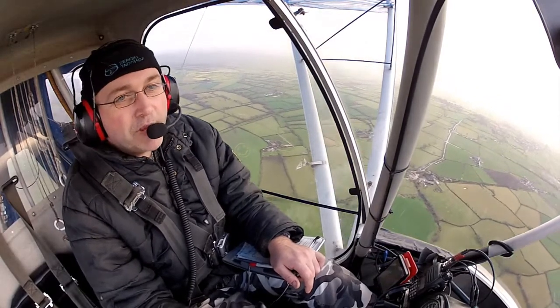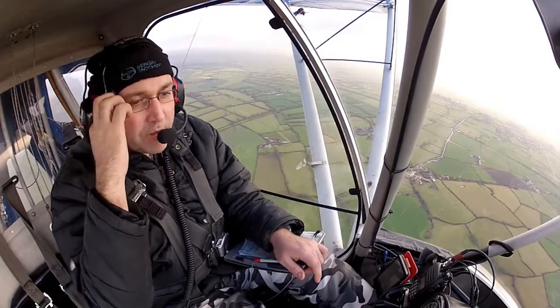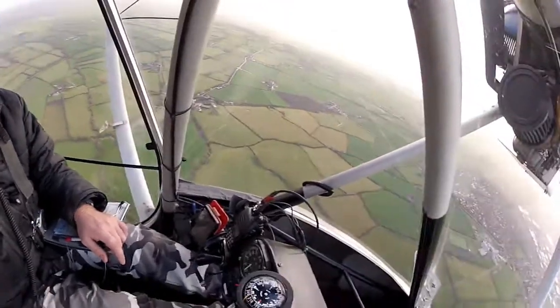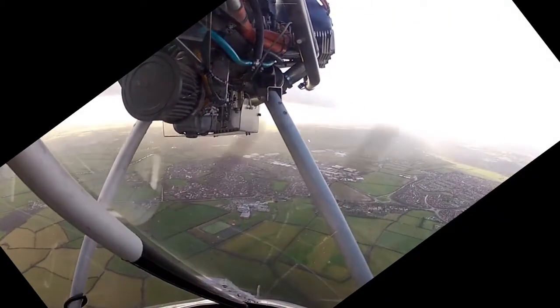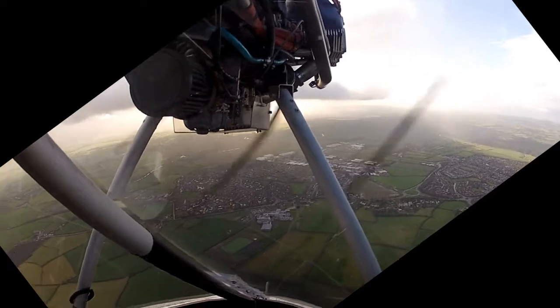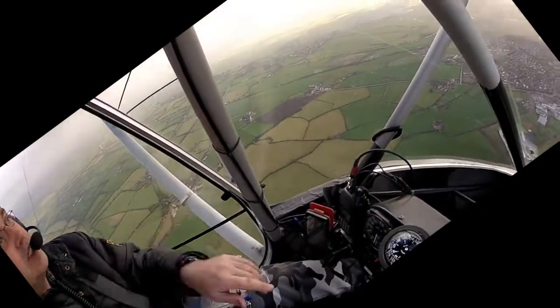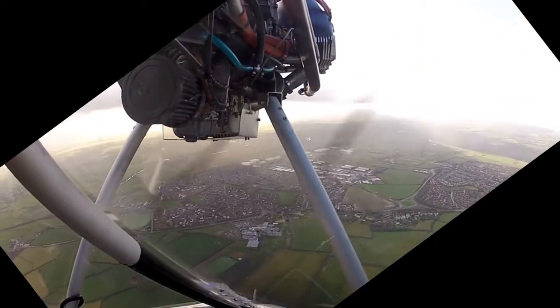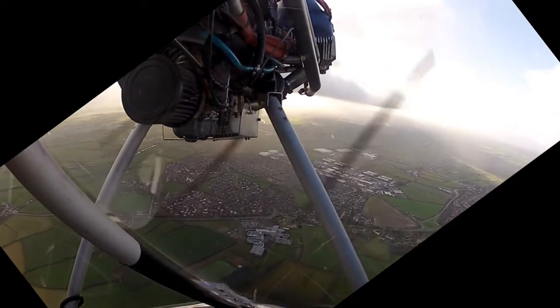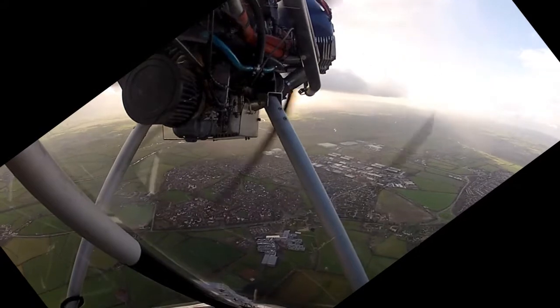So we've got a bit of a gap in the old weather. See if we can turn you around. Obviously it's a bit of an angle, unfortunately. I've got it on a king post. I've got it on like one of these and it's tilted, so there we are. Yeah, we've got a bit of a cloud there, so I'm going to have to do...